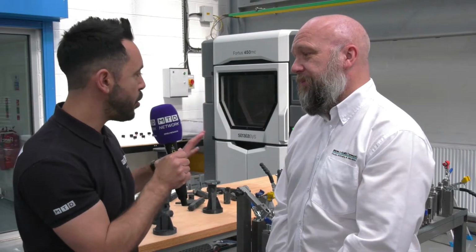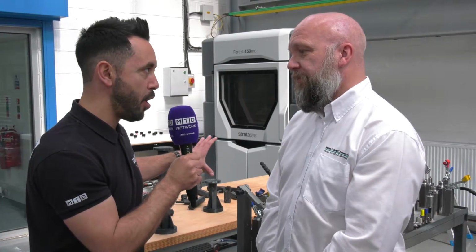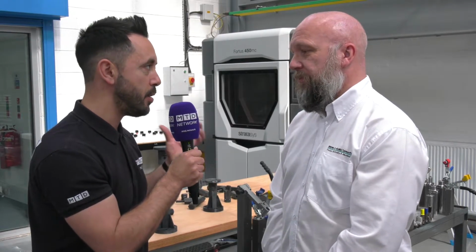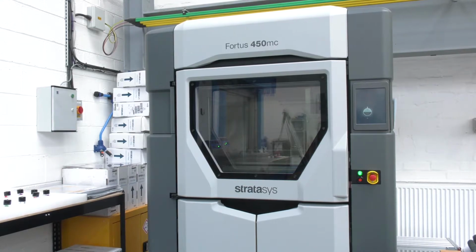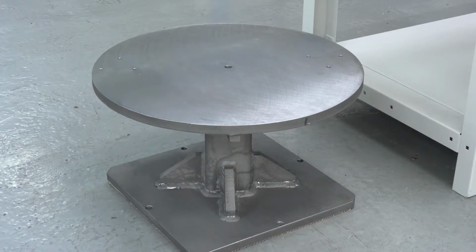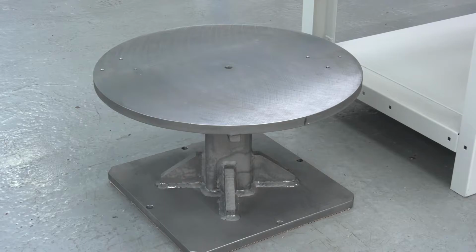Now I want to clarify, you're not using these products for R&D, you're using them for production and to make real life components for your customers. Can you give me some examples of this? You know, what is your offering here? Yeah, we offer a complete service, so we're using printed parts on our own fixtures, where manufacture of them out